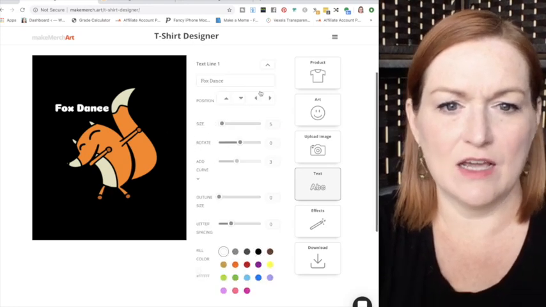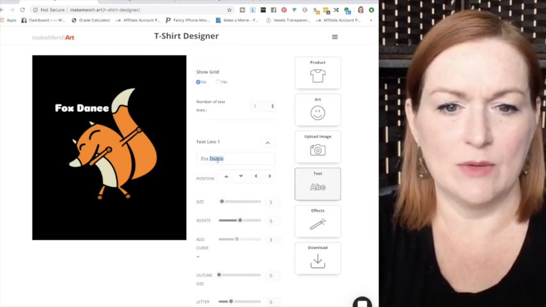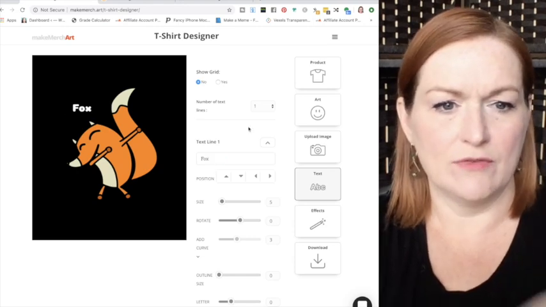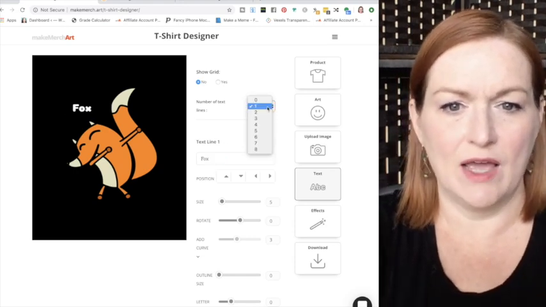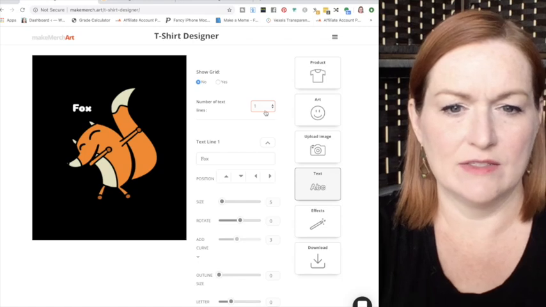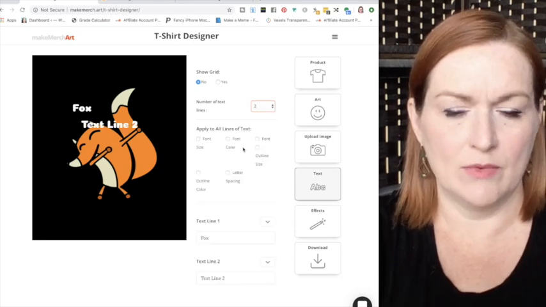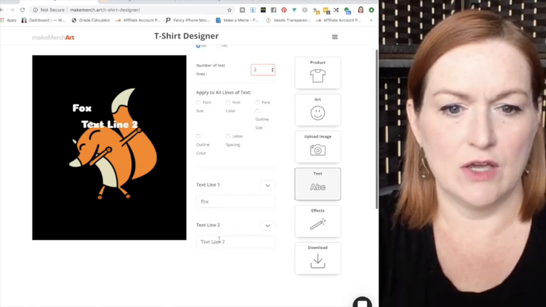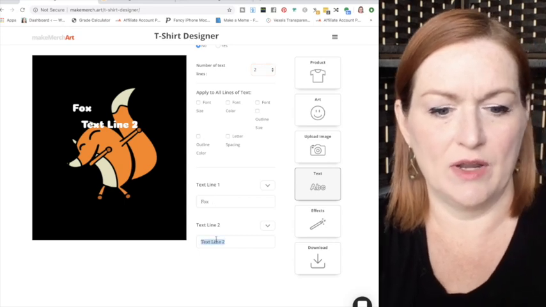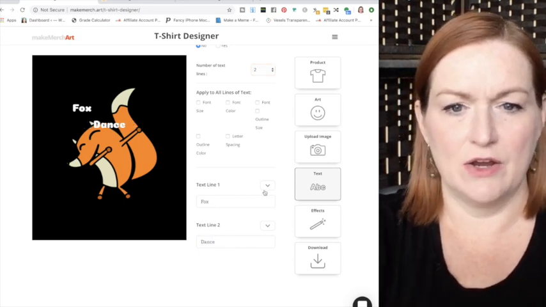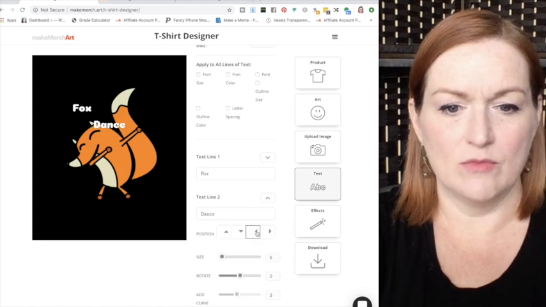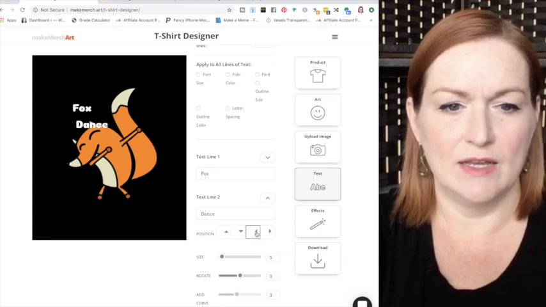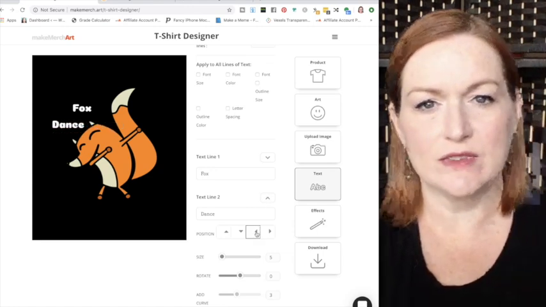And then I think also, now that I'm looking at it, I want it on 2 lines. I'm going to take off the word dance, and then I'm going to add another line of text. So instead of 1, I'm going to have 2. So text 1, text 2, I'm going to have dance there. And then this drop down will give me all of my positioning tools again, and I can move things around